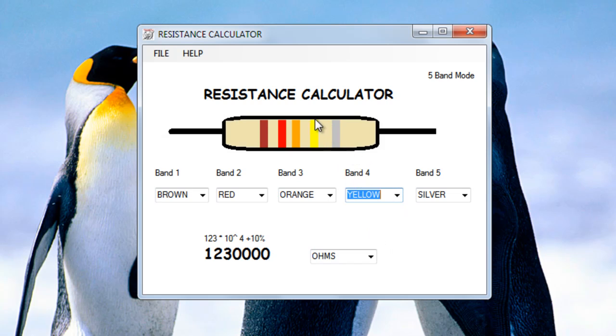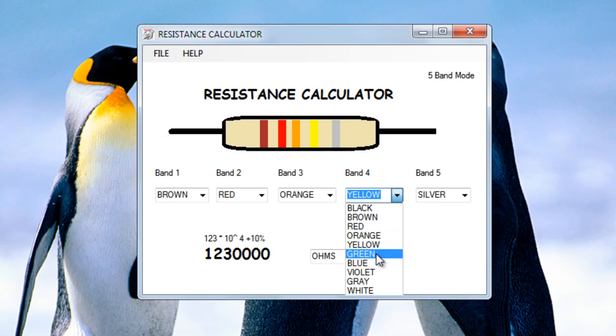Now you can easily find the resistance. For band 1 I'll write 1, band 2 I'll write 2, for band 3 I'll write 3. Now instead of assuming this band 3 as multiplier, same as before, we will write here 3 significant digits, and then the band 4 is the multiplier. So it is 1 2 3 multiplied by 10 to the power 4. As band 4 is yellow, the value of yellow is 4.